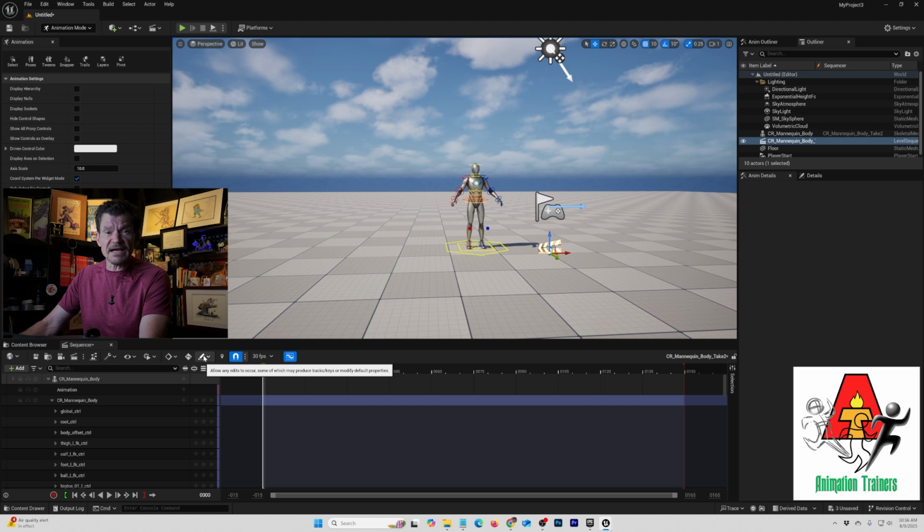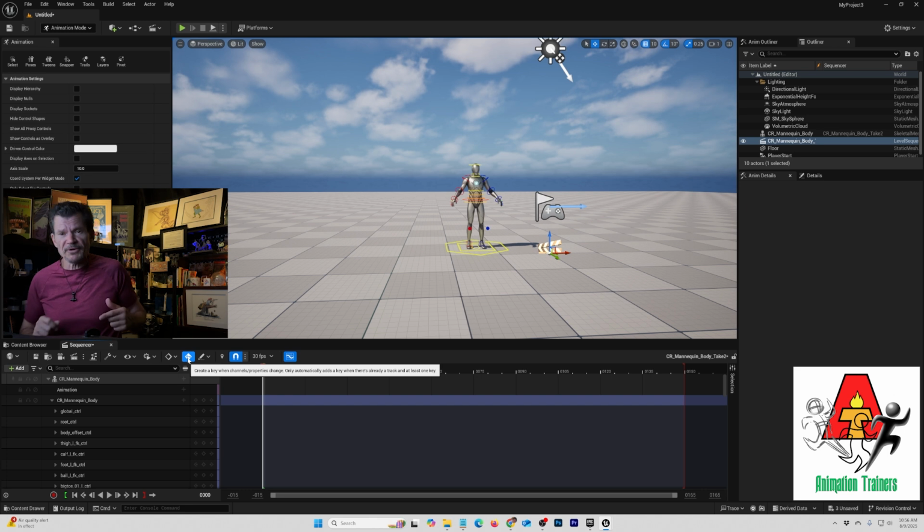One of the other things that I like to do is turn this on, which is automatically creating a key whenever you change properties in a channel. The fact of the matter is that you can always undo if you didn't mean to set a key. But if you don't have auto key turned on and you spend all this time creating a pose and then move off the frame before you remember to set a key, then all that work is lost and you can't